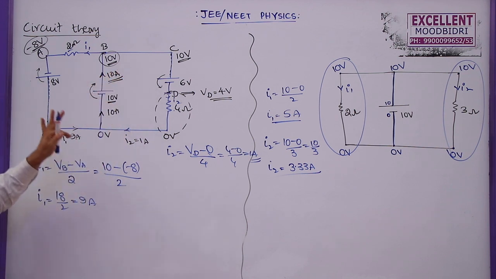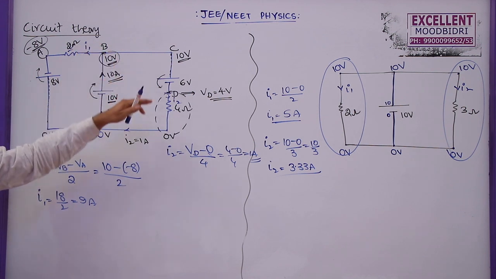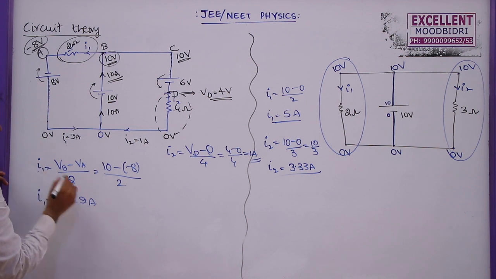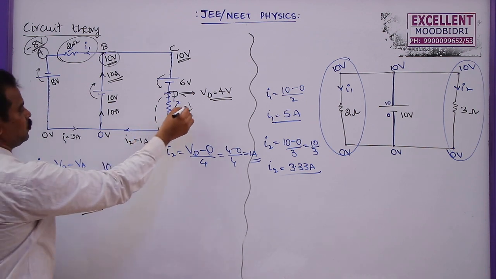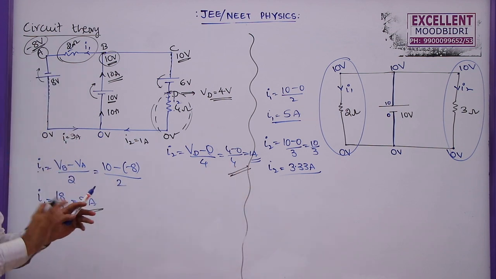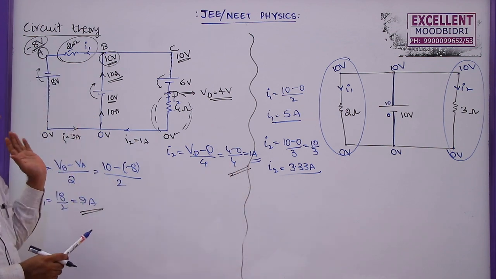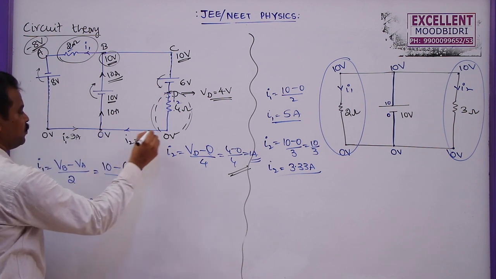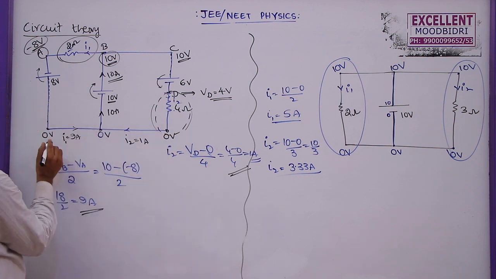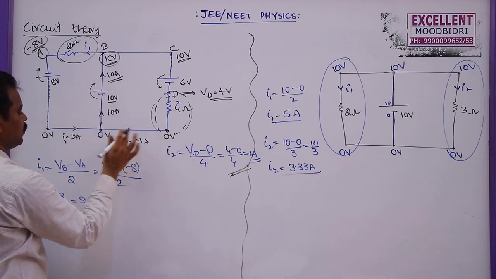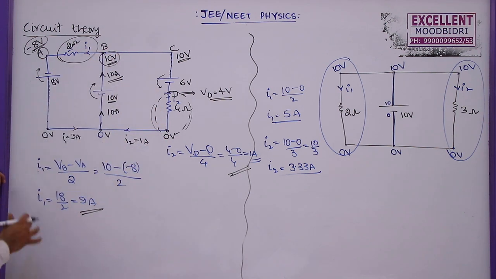So this is how we can find out the current through this circuit at different resistors. So current through 2 ohms is given by 9 amperes. Current through 4 ohms is given by 1 ampere. So here I am not using the superposition theorem or even the Kirchhoff voltage law or current law, by just using this simplest method. As there is no resistance, the potential remains the same. As it is connected to 0 volts, then it will become 0, 0, 0. We can solve this problem very easily.